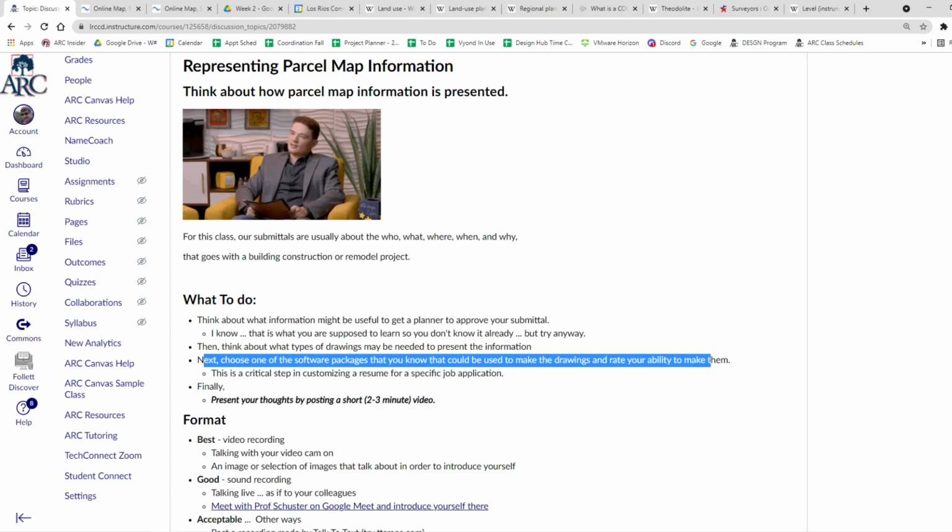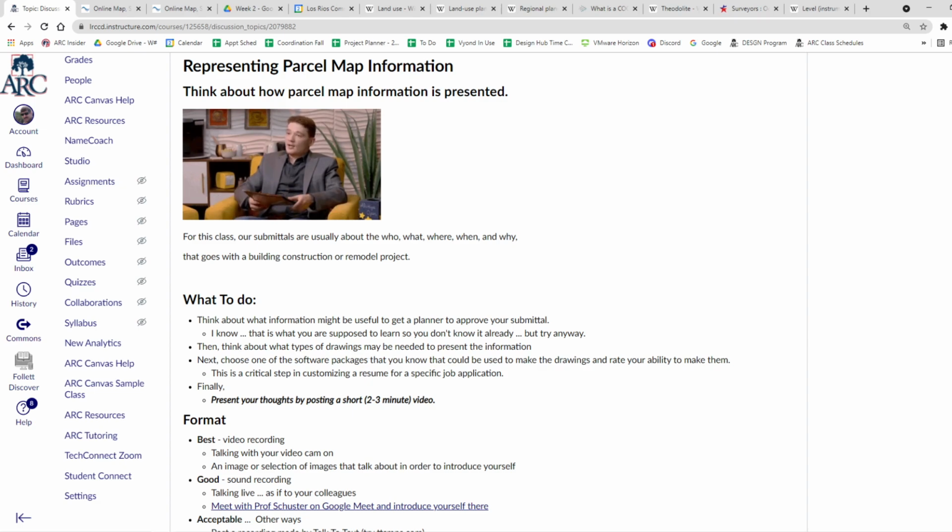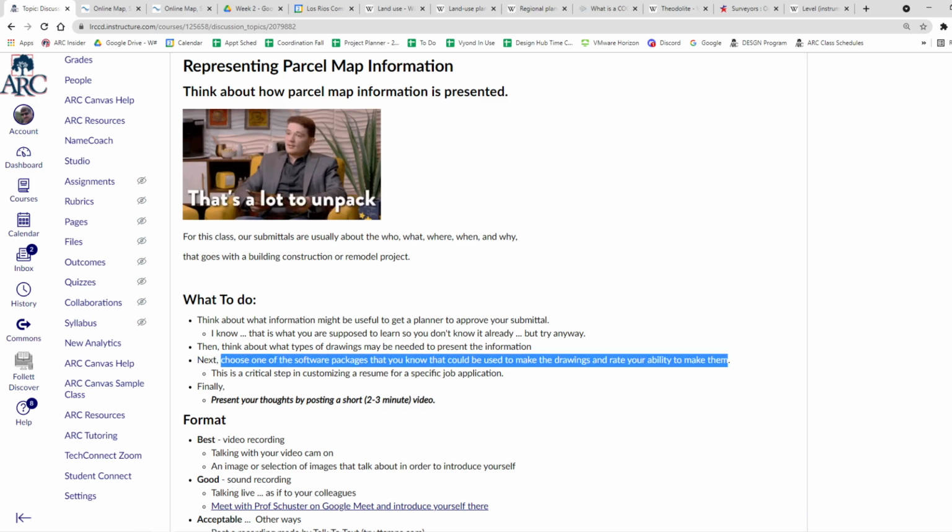Okay, and I'll tell you, this is real critical for customizing your job application. If you're applying to jobs in this area, it is to really know what kind of software packages a planner might need. Do you need maps? Do you need data in charts? Do you need historical data presented through time? Do you need proposal drawings? Okay, and what kind of software packages helps you do those? Let me know if you can do them, and then